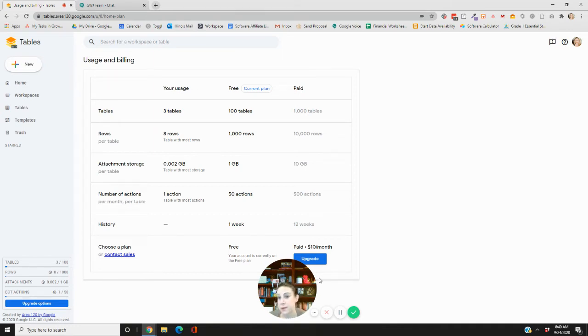I don't care. I will pay all the money to not have to move my stuff. But I think that, looking at the pricing model, if you're paying $26 a month per head, or you can pay like $20 to $24 a month for Airtable, you're getting like 50,000 rows and unlimited tables, where I think the limit of tables is a little concerning at this point. Also, the attachment storage seems a little low for the free plan, but you are able to do